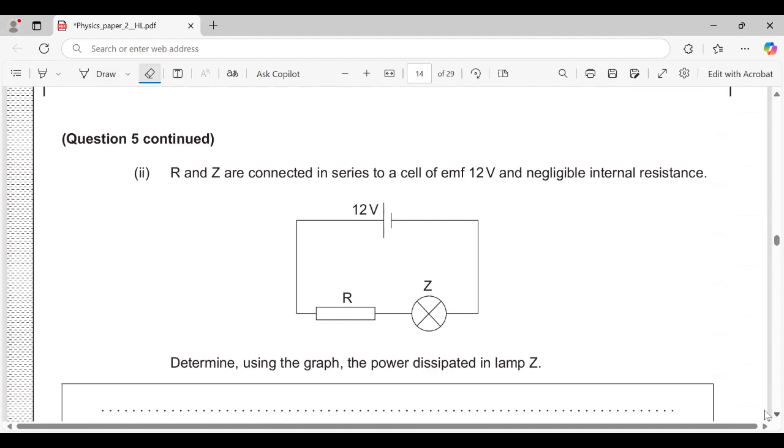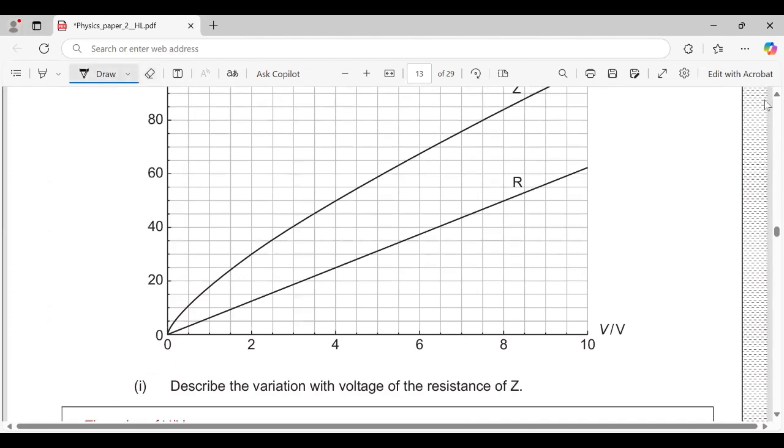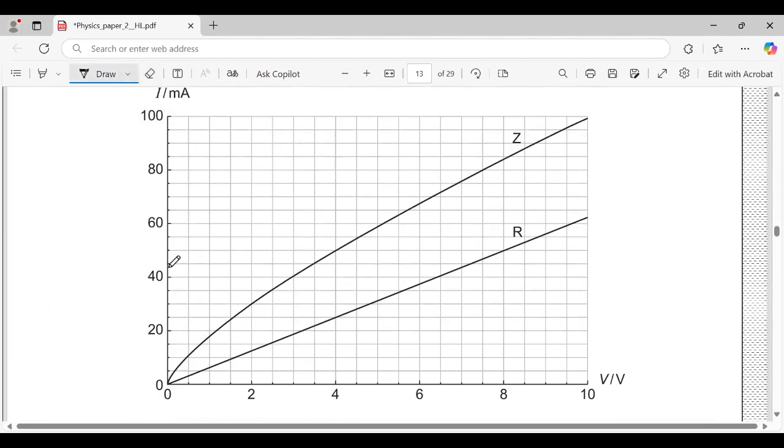R and Z are connected in series to a cell of EMF 12 volts and negligible internal resistance. Determine, using the graph, the power dissipated in lamp Z. Okay, so I would like to show you this graph. We're using this 50 and 50, the current is 50